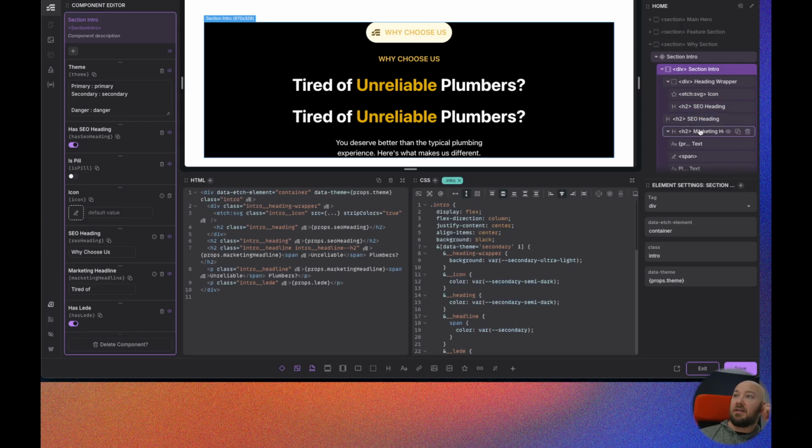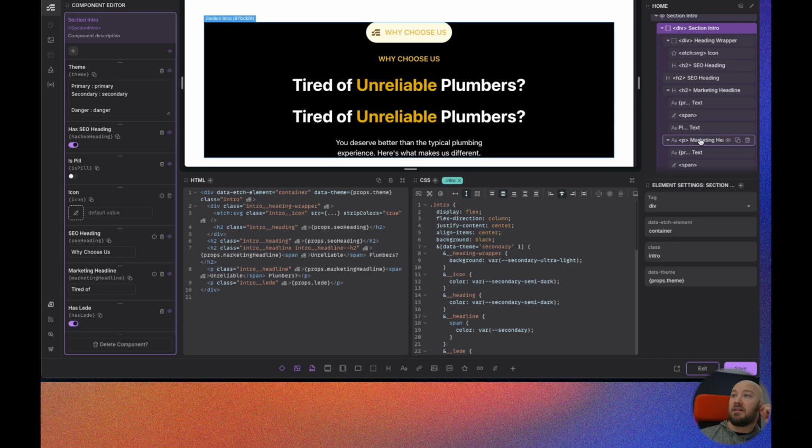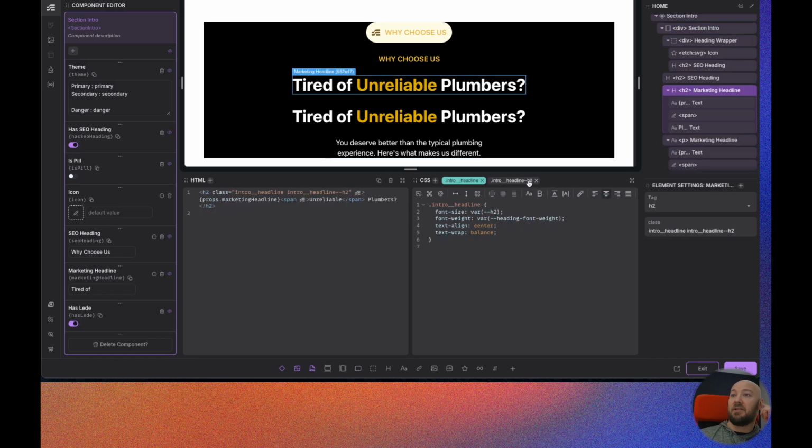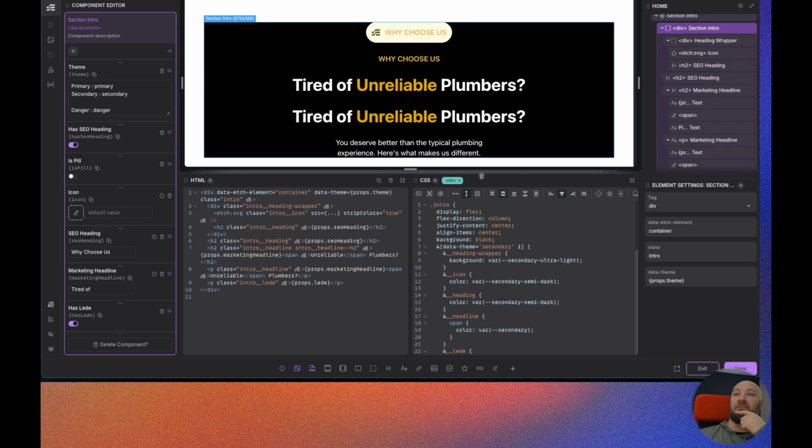We could add in, just like we did on our heading up here, a modifier class is one way we could do it. Let me think here for a moment, because I like using the light colored background on this, but I'm going to need to make this a darker color, and I'm going to need to leave this as a lighter color just so it still sticks out on that